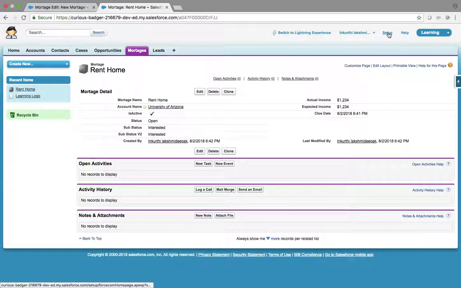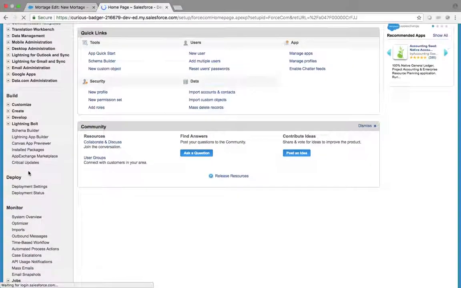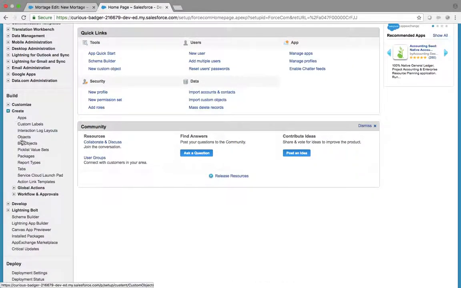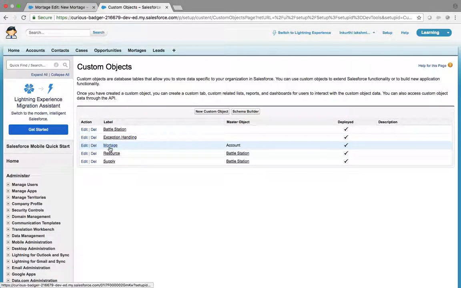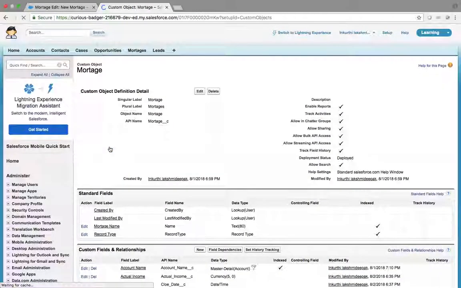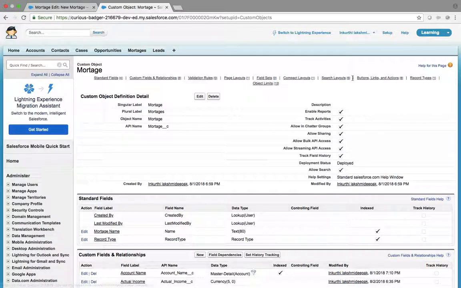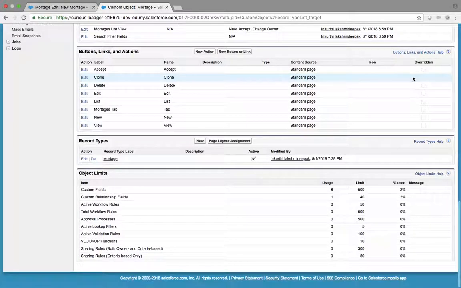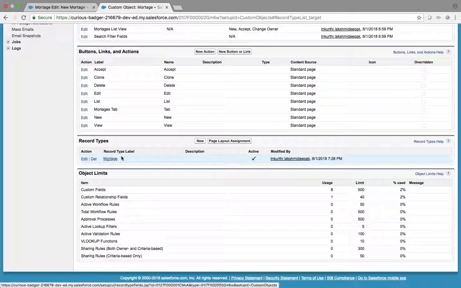To create a record type, go to Setup, Create, Objects, the target object, custom object mortgage, and then the record types. Yesterday you remember we created a record type mortgage, right? So what I'll do, I'll just create a new record type,